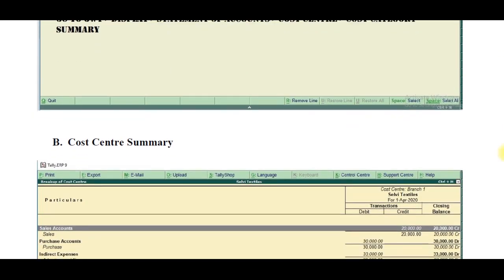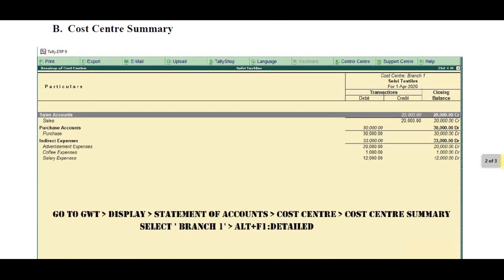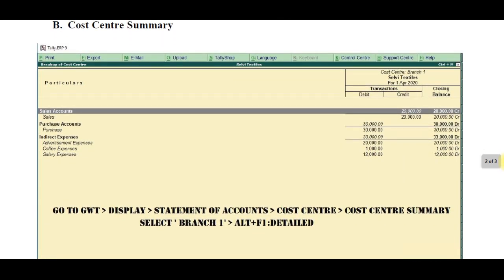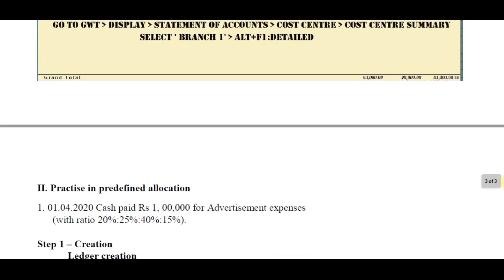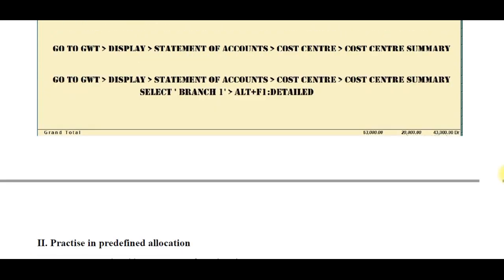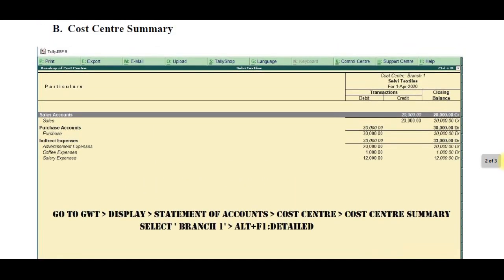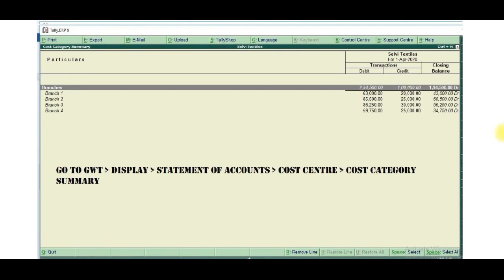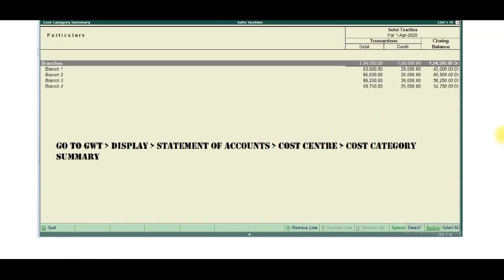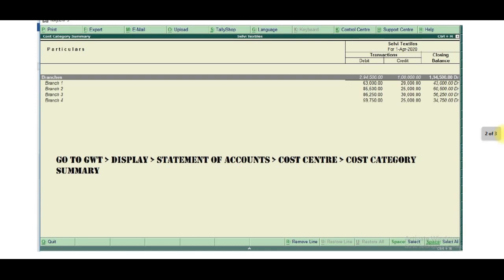Okay, the cost center. Reports 3 and 4 are ledger and group breakup. It's not an important breakup because the cost center, cost category summary report is the main summary report. So I give the main summary report screenshot.